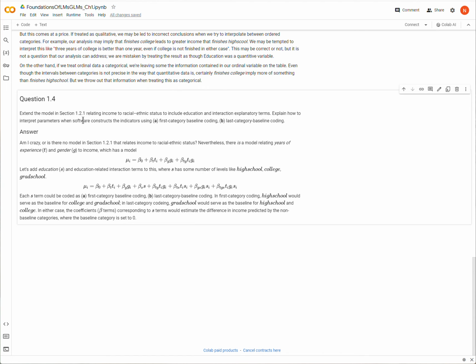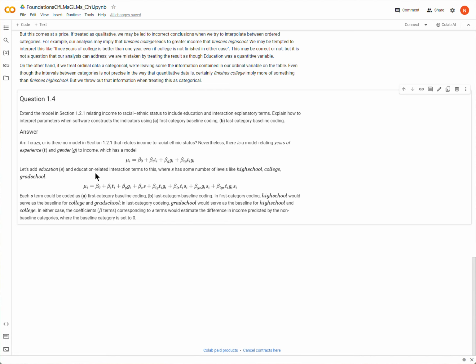Okay, so I went back to section 1.2.1 and I don't see a model that relates racial ethnic status to income. There is one that relates years of experience, which I'm calling T, and gender, G, to income. So that would have a model that looks like this. And so, to this, I will add